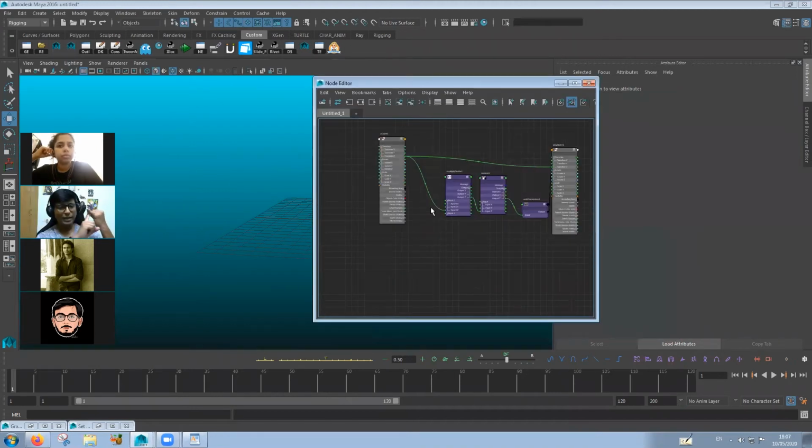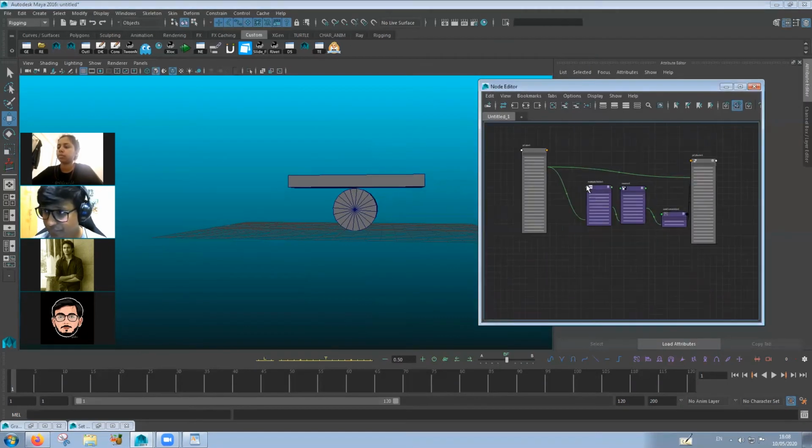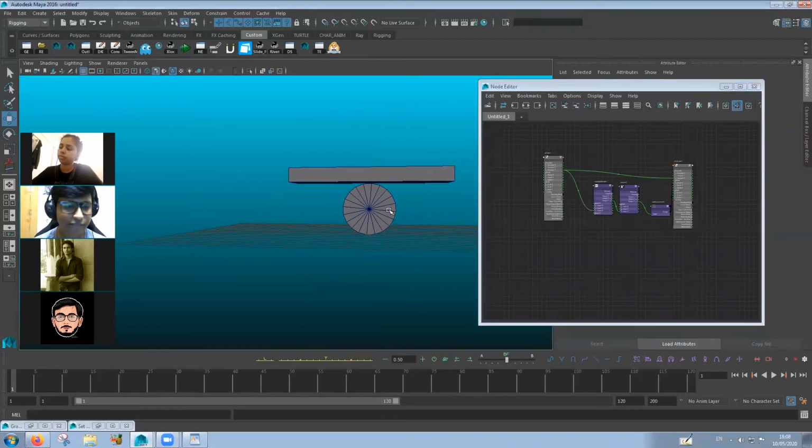So 3 methods to control one object with the help of another object. One was set-driven key. Second was constraining, obviously, and simple parenting. And then we have your node editor, and then we have scripting, that is expressions, right? So these are the things that I've opened up for you guys to check out and to work on in future as well. After this webinar is over, whatever notes you've taken, I want you to sit down with them in Maya and try to figure this out.